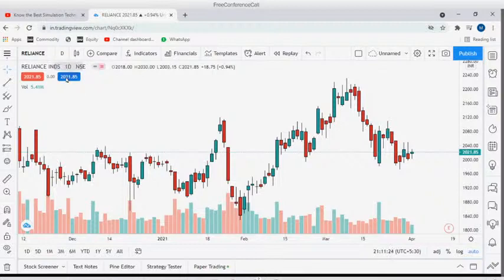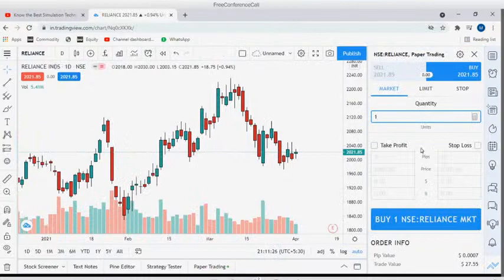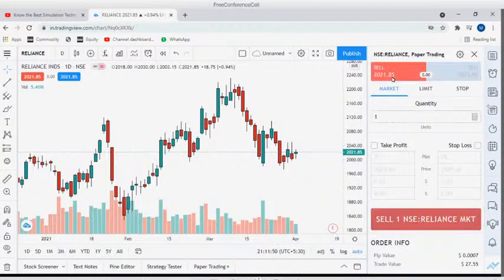When I click this, it will show me just like your real Demat account, where you click on buy and it opens your order book for placing orders. You'll get that small order window where you'll mention quantity, price, and everything. Similarly, you will get something like this here, for sell and buy. If you are planning to buy, you can put a buy order. If you are planning to sell, you can put a sell order.